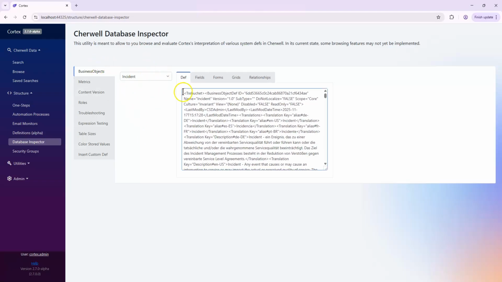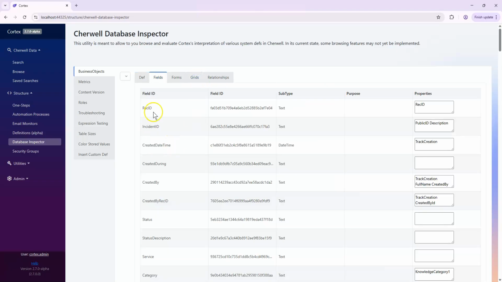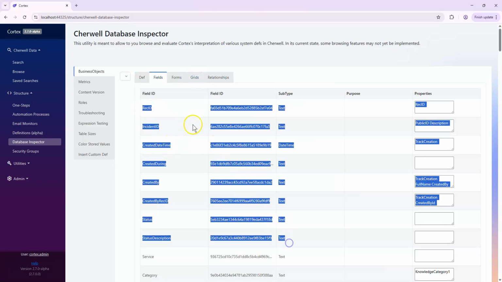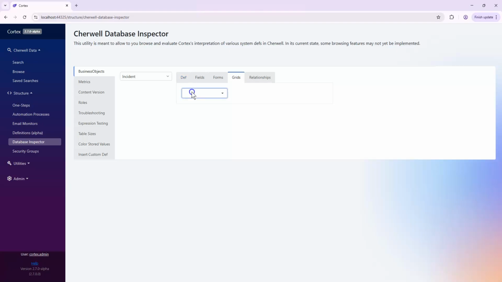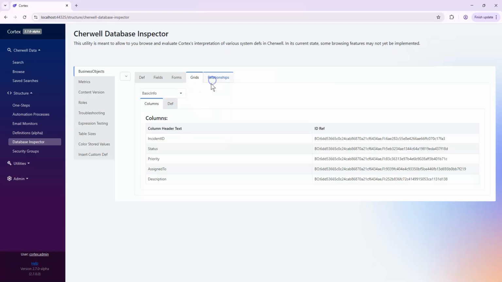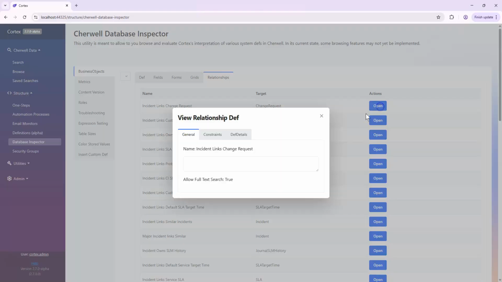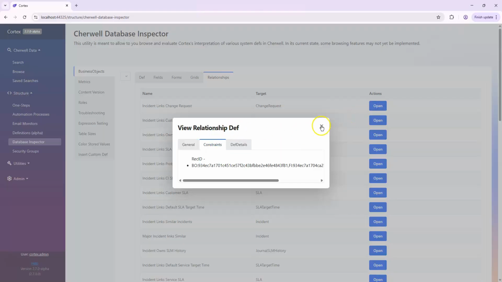So we can browse through and see business objects, we can see the XML for them, we can see a list of fields on the business objects. Most of what I'm saying right now already existed in the past. We can look at grids, we can look at relationships, we can look at forms, we can see how all